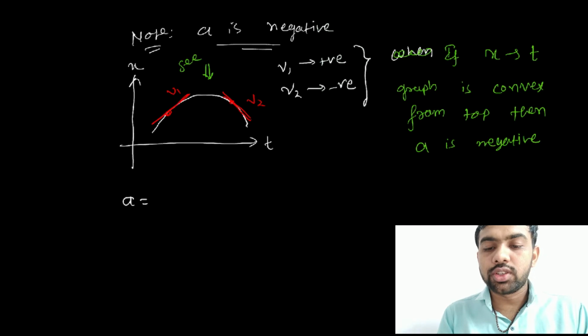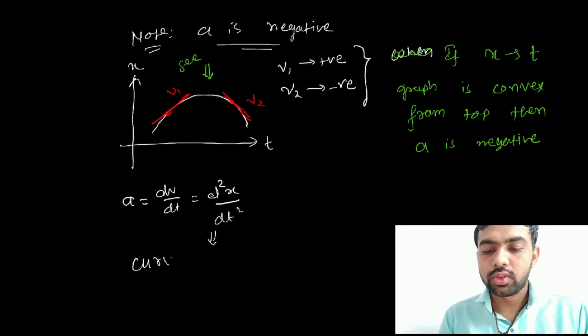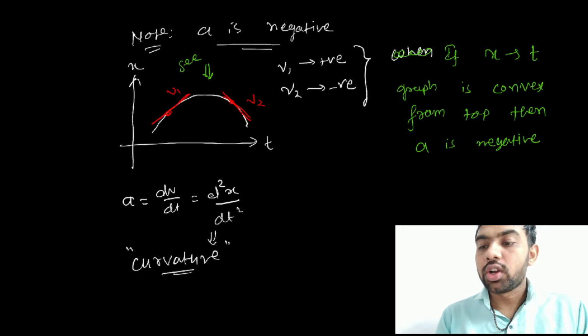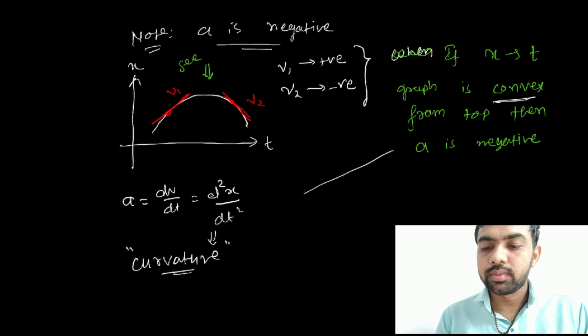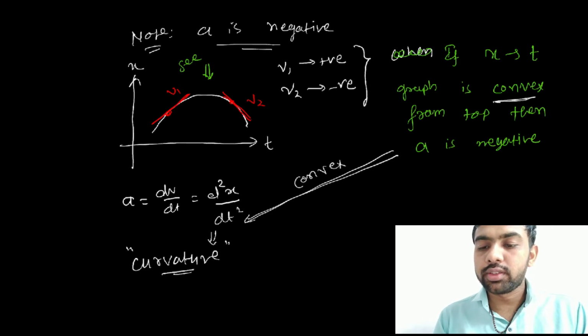Acceleration is equal to dv by dt is equal to d square x by dt square. This is the curvature. What is this? Curvature. And here curvature is convex. Convex curvature, then the acceleration is